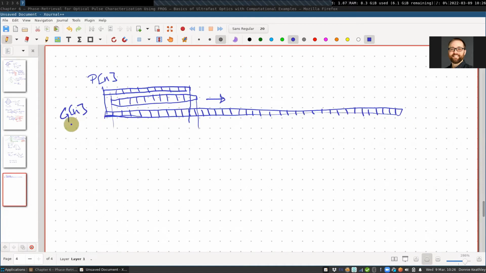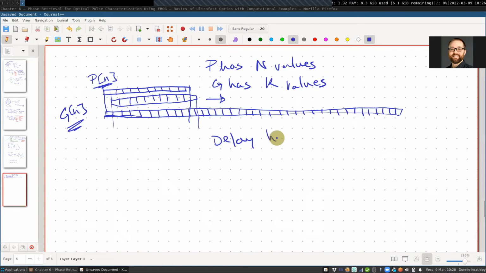So basically the length of G minus the length of P, right? So let's say that P has n values. Let's say that G has K values, and these are capitals. And then delay has capital M values, where capital M is equal to capital K minus capital N. Okay, so that's basically telling us that we're just going to have M delays where we can shift this P